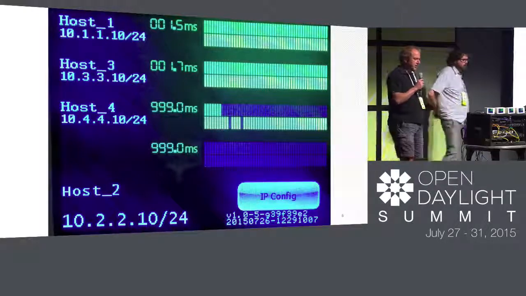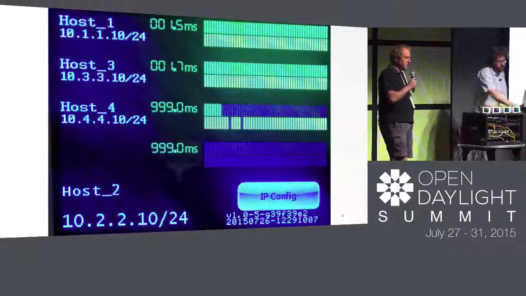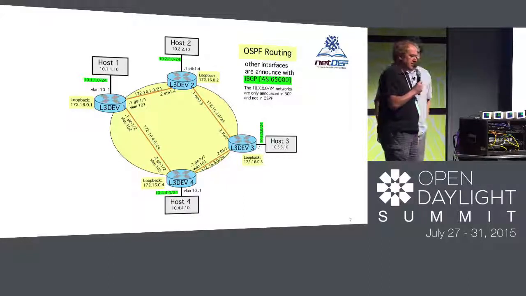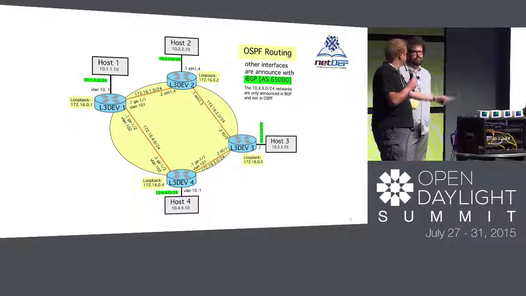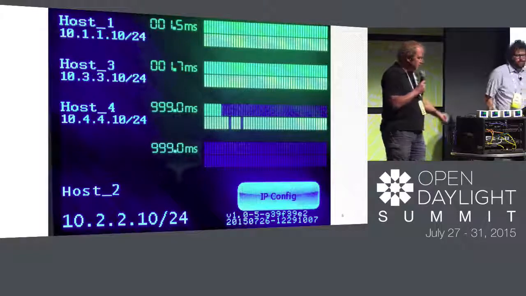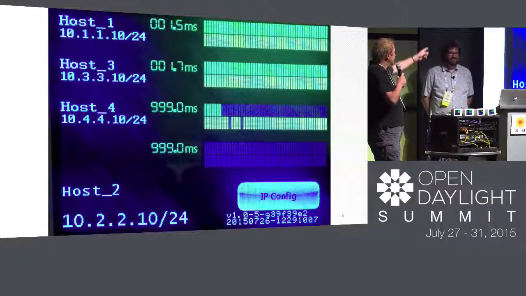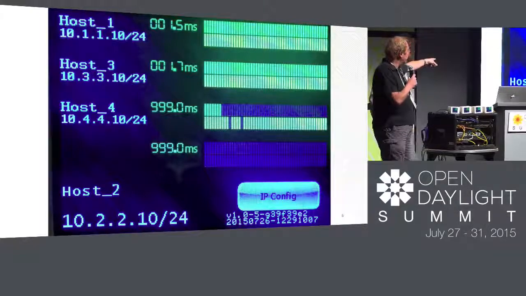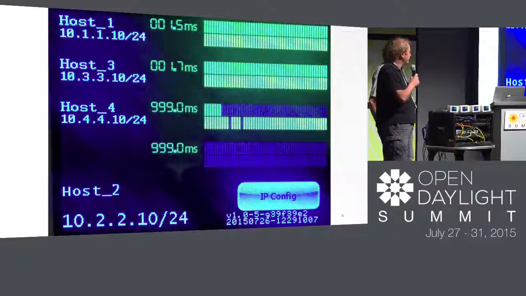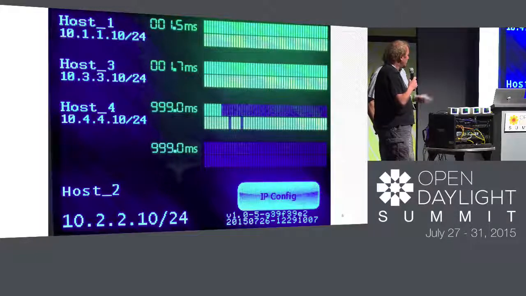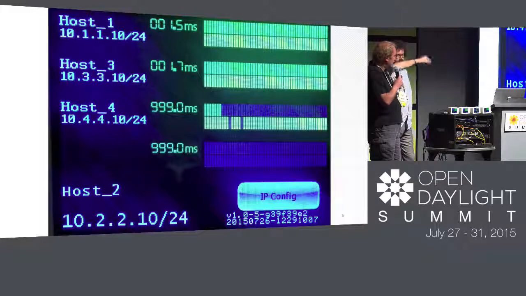Yes, so I can. First of all, keep in mind this is a routed network. All these nodes shown before are running routing protocols, OSPF and BGP. These boxes basically simulate a host each, so just think about your average server. If you're in the very front or have extremely good eyes or some binoculars, you see the different hosts. The picture is host 2, and he pings and sends traffic to all the other hosts. You see a time there, which is the ping time, how long it takes to reach, and you also see yellow and green bars which turn from the right to the left. If you see green and yellow, it can send and receive. The bottom one, you see ping doesn't work, it's maxed out at 1 second. And you see the yellow still